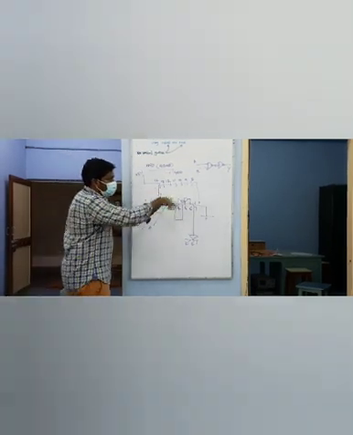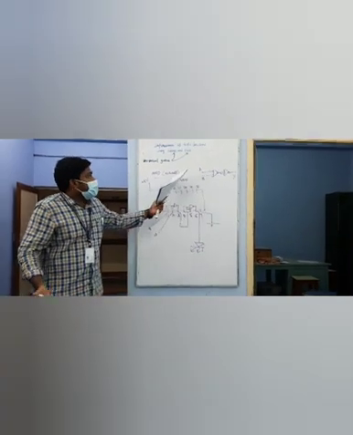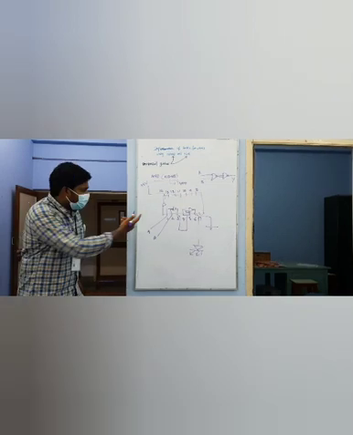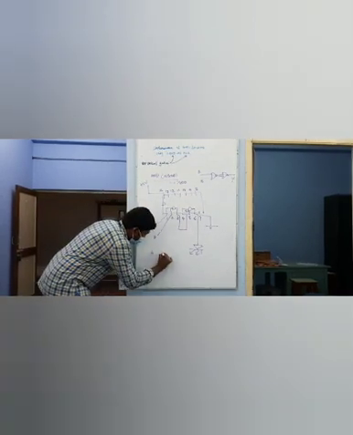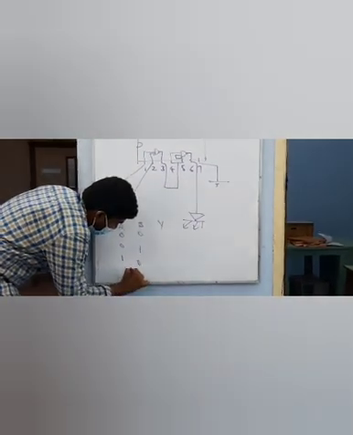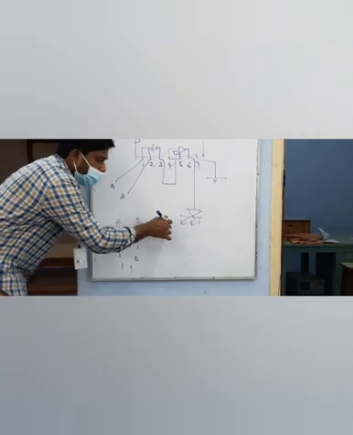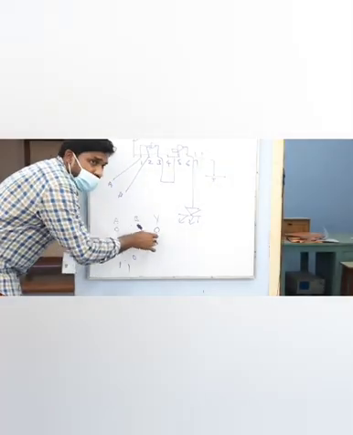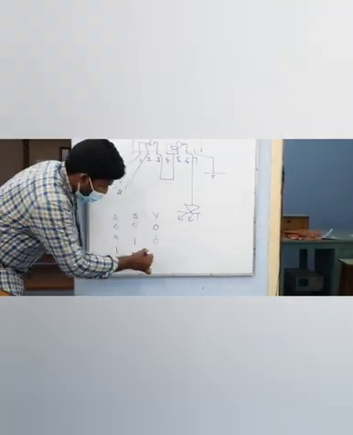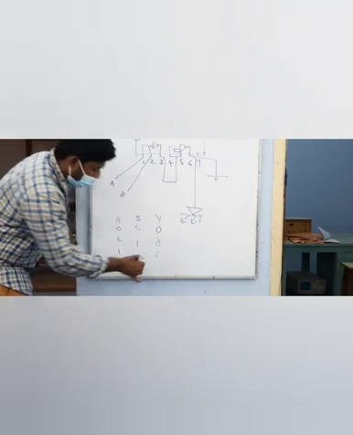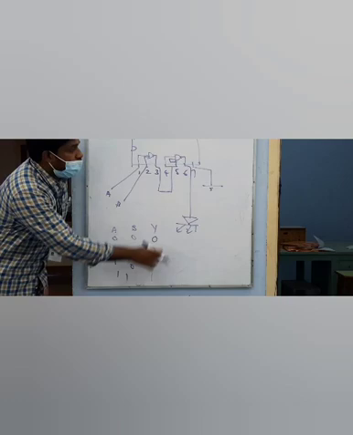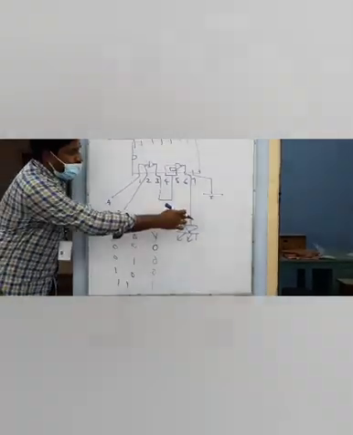So now using this pattern you can easily implement your AND using NAND. Any doubt? So I will write the truth table. A, B, Y is the output. So 0, 0, 0, 1, 1, 0, 1, 1. If both the inputs are 0, what will be the output? 0. 0, 1 output will be 0. 1, 0 output will be 0. 1, 1 output will be 1. So only when A and B are 1, the output will be 1. At that particular condition, my LED will glow.